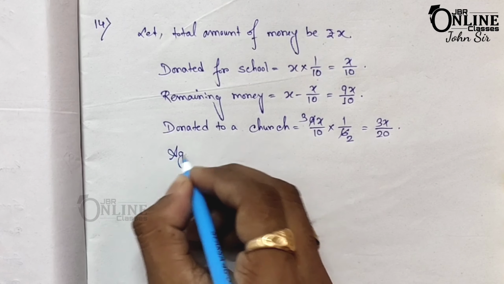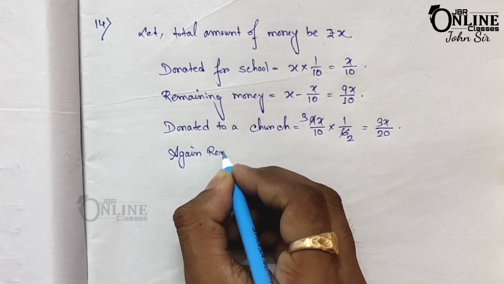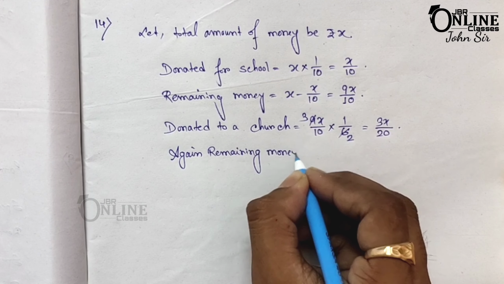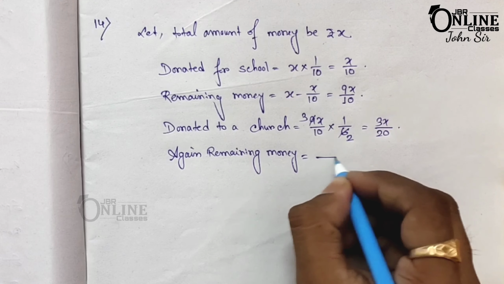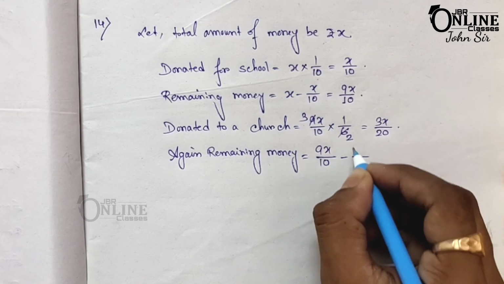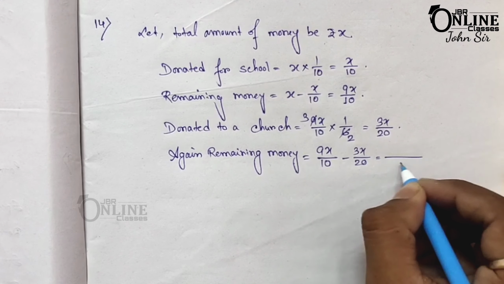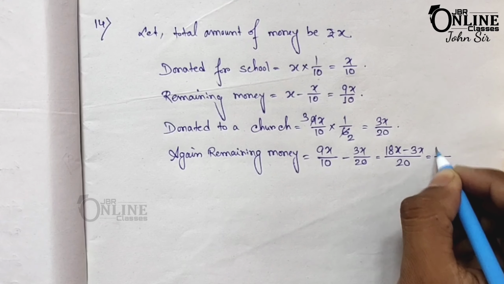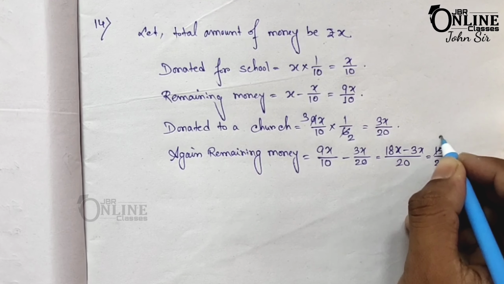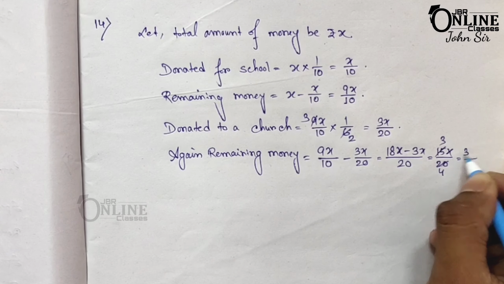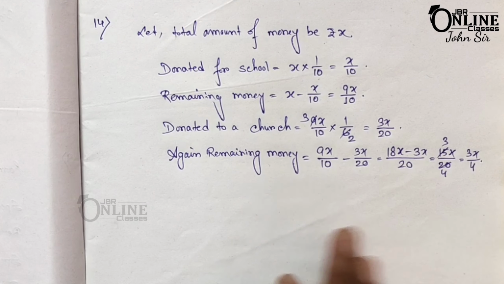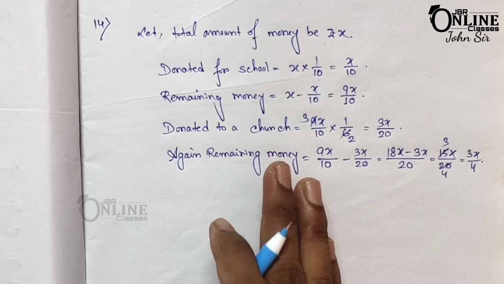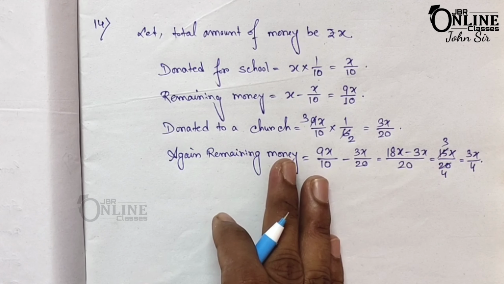Then again the remaining money equals 9x by 10 minus 3x by 20. So the LCM is 20, 18x minus 3x, so 15x by 20, and that equals 3x by 4. Okay, so 3x by 4 is the final remaining money, and from that remaining money he distributed equally among